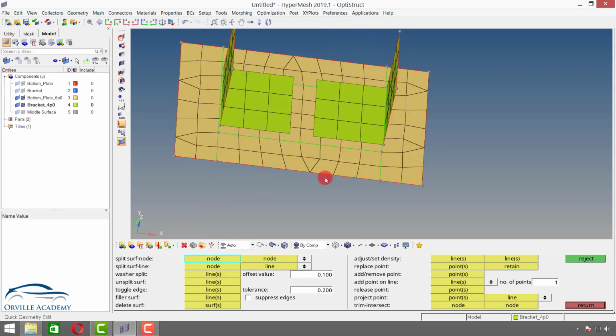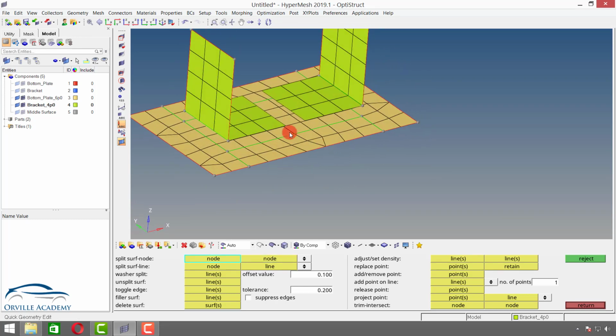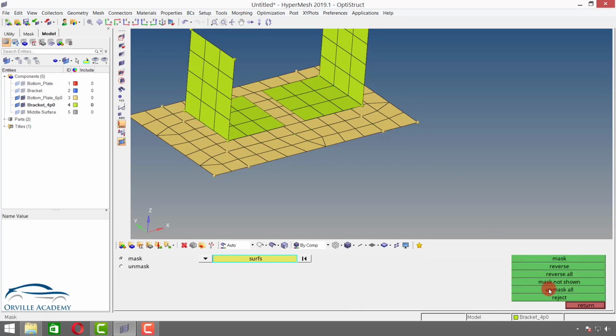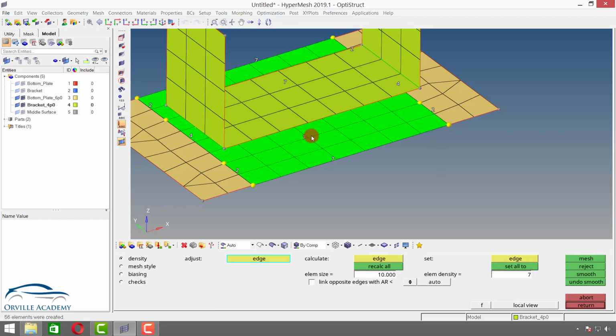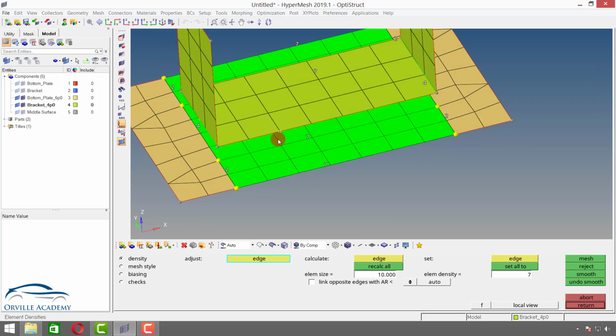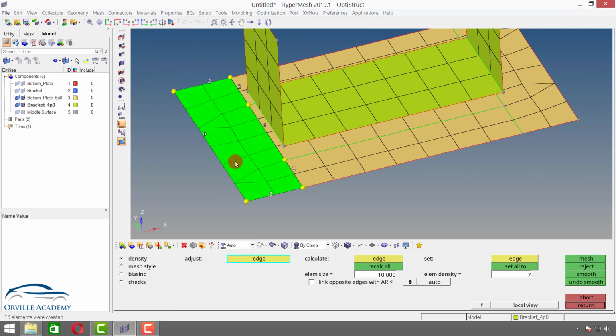Now one thing that I want you to pay attention to is the number of nodes. So here let me unmask all the things. Here you can see I have 1, 2, 3, 4, 5, 6, 7 elements. But if I look at the bottom, I have 1, 2, 3, 4, 5, 6, 7, 8. So the count is different. Now it is very important for our weld to be perfect that the count should be the same. So I will go for F12, select the surface, and here I will make the count 7. Now it has automatically created count 7, so I will not worry about it.